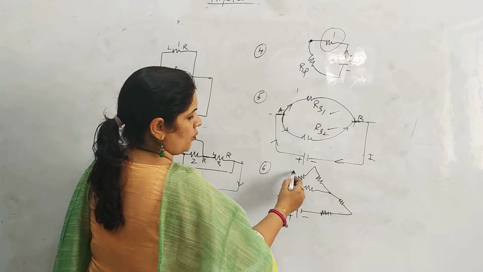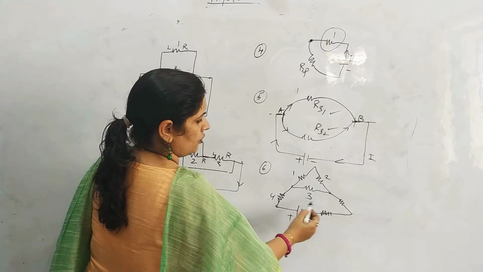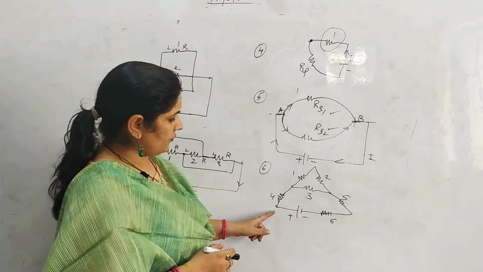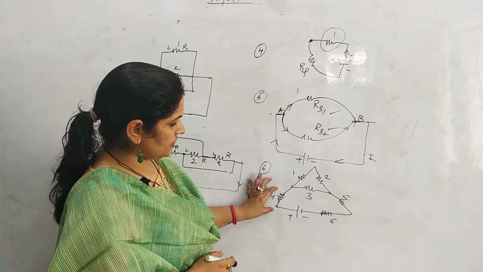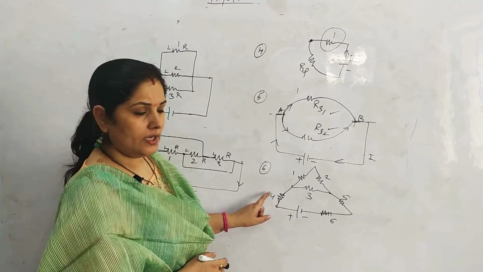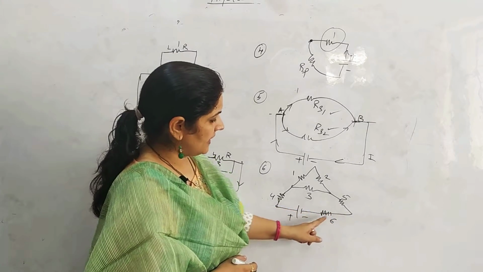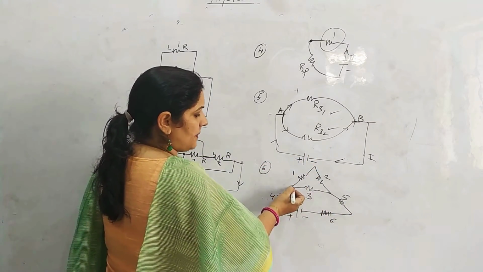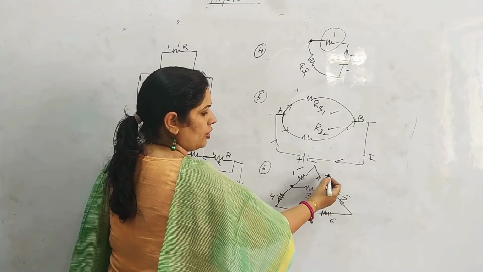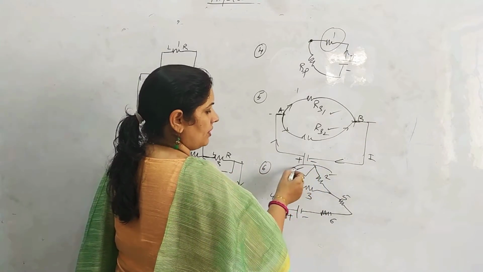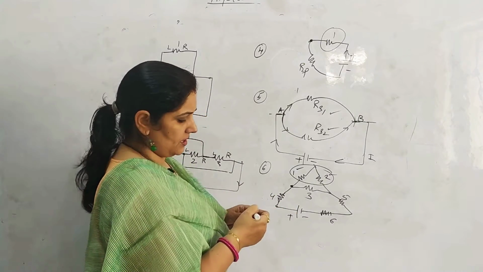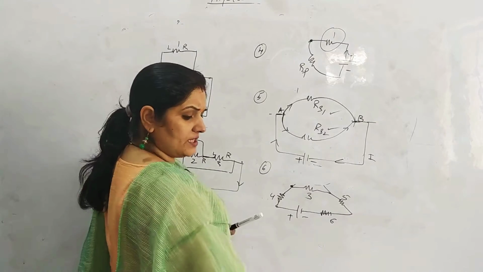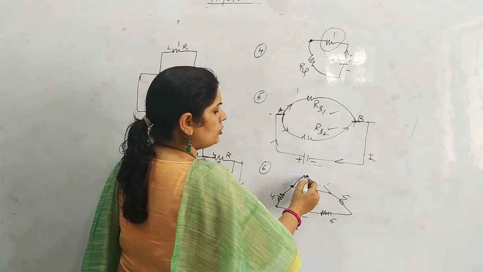Positive, negative, 1 2 3 4 5 6. Yes, let us see. Current started moving from here. We cannot touch it because it is directly connected to the battery. We cannot touch it. It is directly connected to the battery. So we solve the upper loop. Whatever current is passing from here, the current in 1 and 2 will be the same, which means 1 and 2 are in what? In series. So if you solve it in series and simplify, the first answer, the answer of 1 and 2, is RS1.